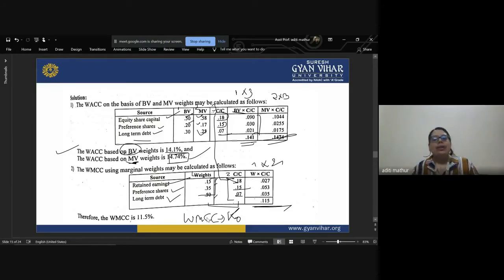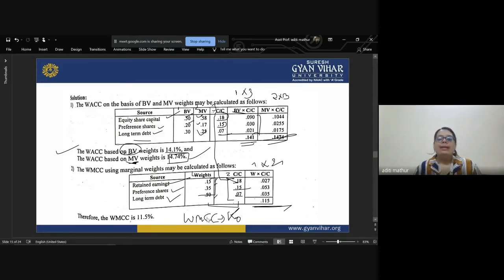In this, everything is given to you, and in the majority of the questions they have already given you the information. But there are questions in which you have to first calculate maybe the cost of equity, cost of preference, cost of dividend, and then later put the figures in this table and solve the question. So I request you all to keep on solving the questions which are given in the book so that you can have good practice on the different formats of the questions associated with WACC and WMCC.